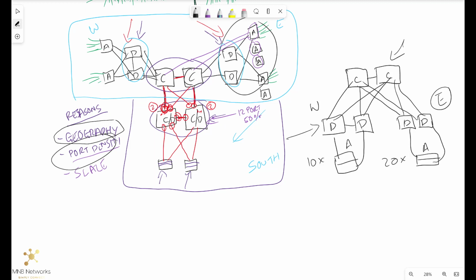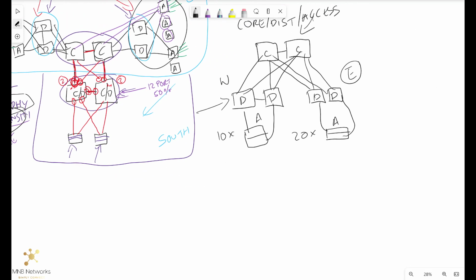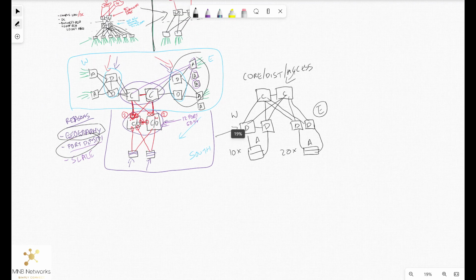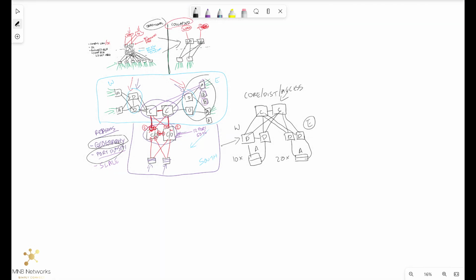Now let's take that core, distribution, access approach. Let's do the same thing, but with a collapsed core. If we say, okay, we've got two switches, which are the core and distribution, and they're connected together, and these are